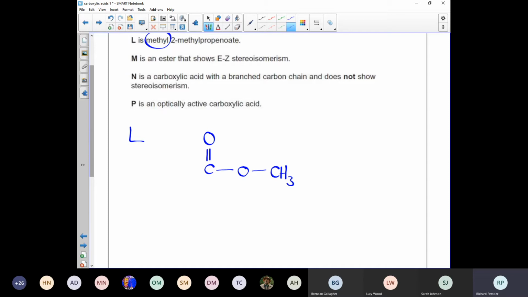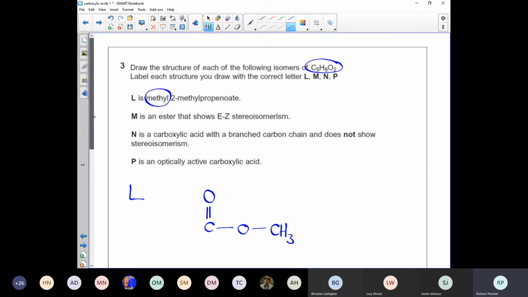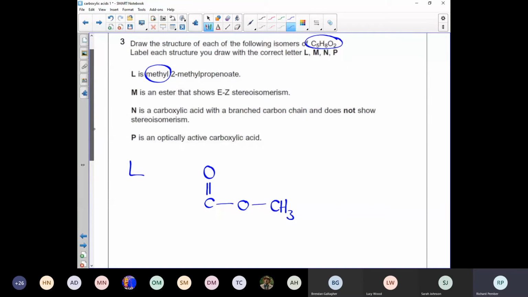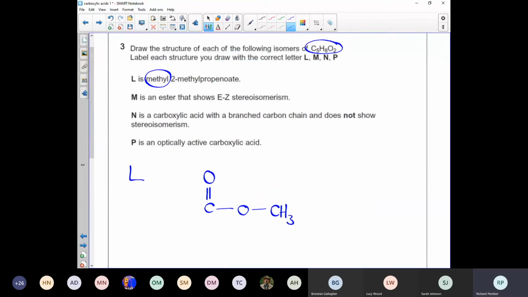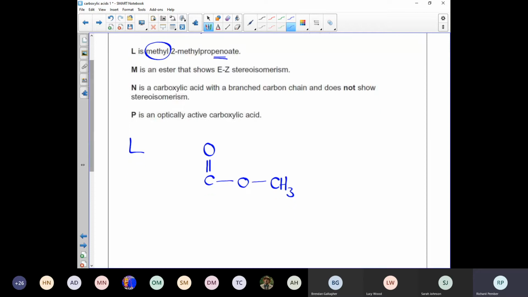You can see I've already used up 2 carbons, so I've only got 3 more carbons to play with, and I've got 2-methyl propenoate. Now what that's suggesting is that I've got a carbon-carbon double bond